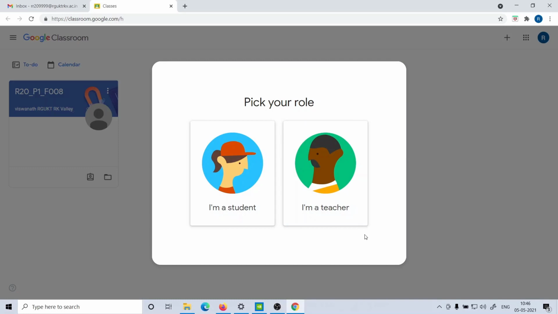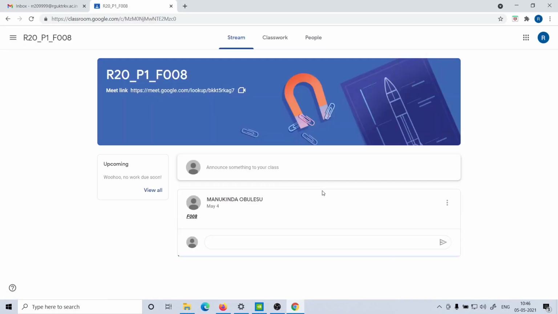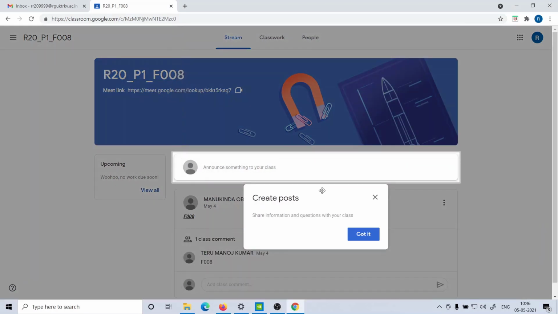So pick your role here. If you are a student, you should click on student. If you are a teacher, this option will not apply to you, so please click on student. Since I have got an invitation from my HOD, sorry, your HOD, to join the F8 class, the F8 class will be displayed in this area. When I click on this F8 classroom, you will be directed to a place where you can find all the